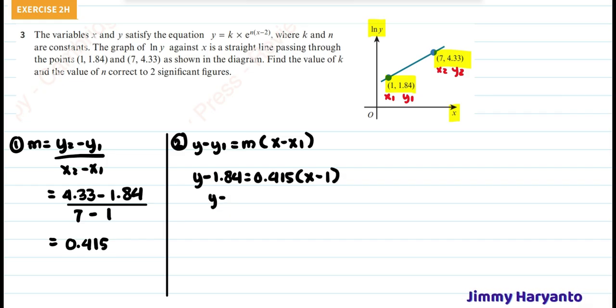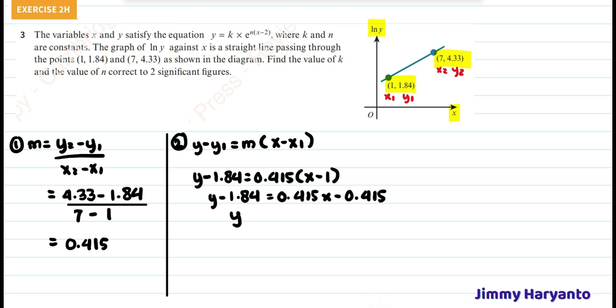Negative 1.84 equals 0.415x minus 0.415, and then I will move the 1.84 to the right hand side. Wait, let me calculate it first. Negative 0.415 plus 1.84 equals